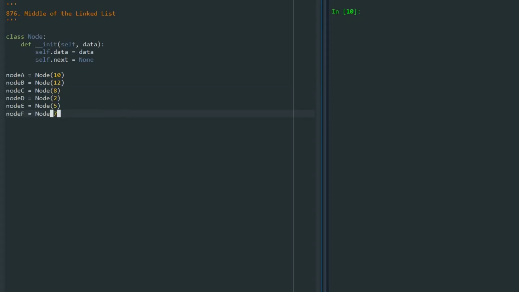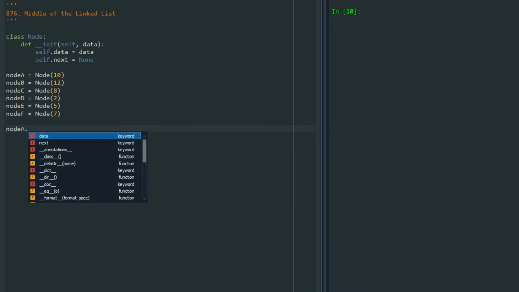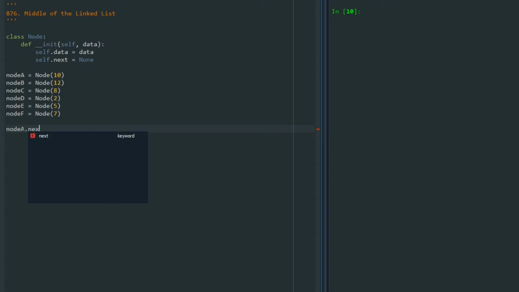So I have node A to node F, and then I need the connection between these nodes. I say node A is connected to node B, and node B is connected to node C, and so on